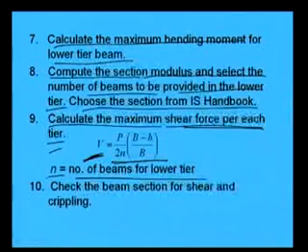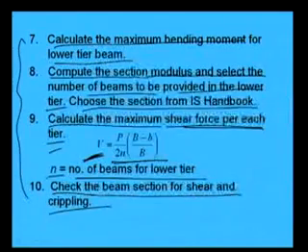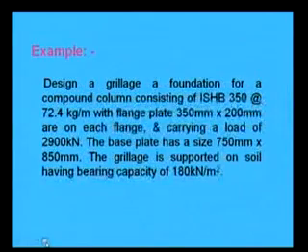Then check the beam section for shear and crippling. So, same thing. So, these steps 7, 8, 9, 10 will be the repetition, means similar way whatever we have done for upper tier we will be doing for lower tier also, same thing, right. So, in this way we will perform. Okay. Now, let us go through one example through which we will be able to understand how we are going